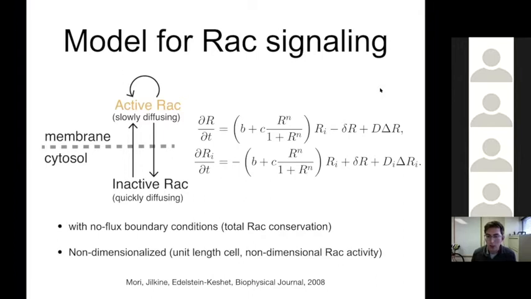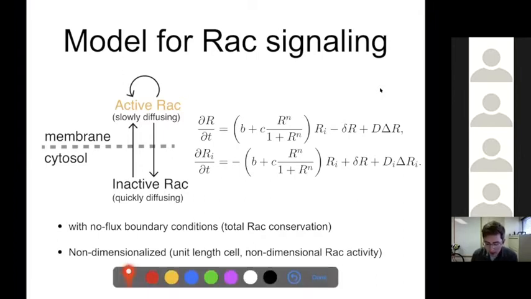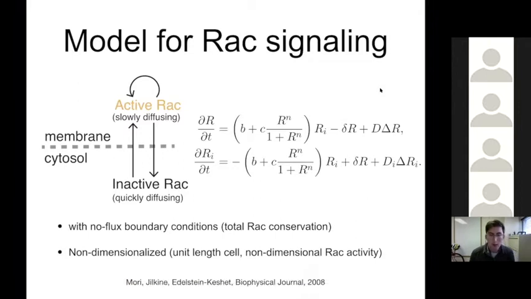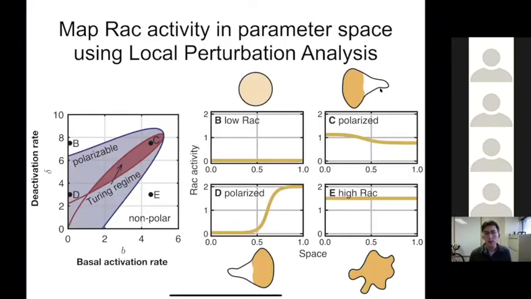Let me just point out a couple things. There is inactive Rac, R sub I, becomes activated with this rate in parentheses. There's a basal activation rate B, this positive feedback term here, and a deactivation rate given by delta R. Okay, and so the basic question I wanted to ask is, with this model, this model's been well studied by many people in the sort of cell polarity field. How can we understand the dynamics of Rac in this model in the context of the mechanical stimuli and the chemoattractant stimuli? So what I did first was I mapped out the spatial patterns that you can get using a